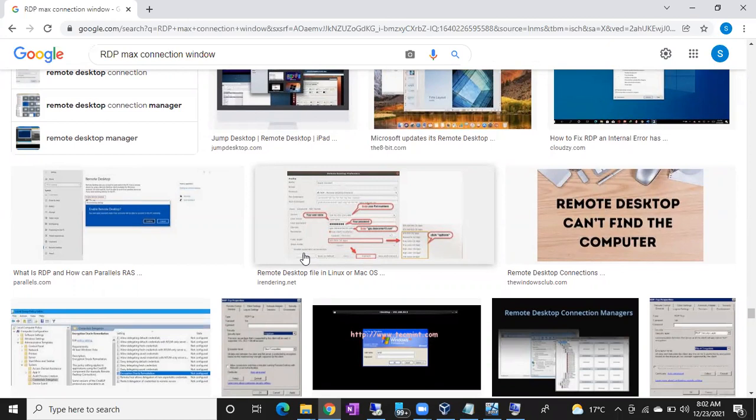At a time, only 2 persons can connect to the server remotely. If a third person is trying to connect, the third person will get a window with the existing connections. Then the third person can either leave it and say, okay, next time I'll connect, or he can go back, or else he can kill any of the existing sessions.